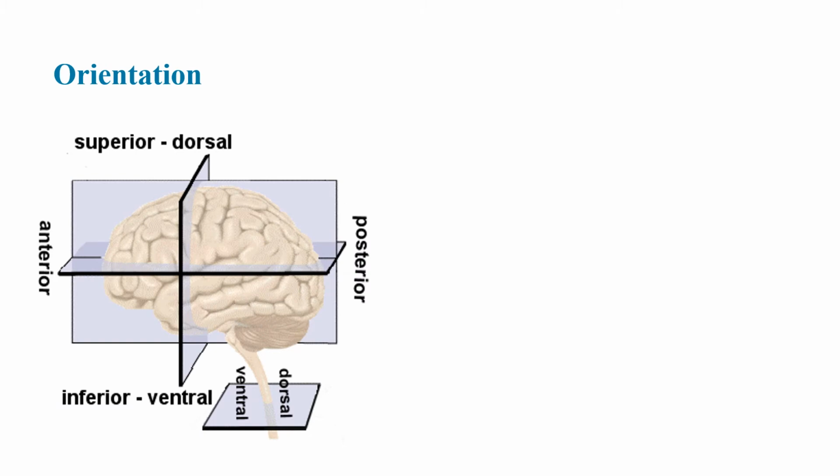So this here is again showing that zoomed in, but we're looking at what the front, back, top, bottom, all of those are. One set of terms we use is superior and inferior. Superior is going to refer more to the top. Superior is the top, so you see superior up here. Inferior is the bottom. So if something is talking about the superior something in the brain, it's the top. Inferior something in the brain, it's the bottom.